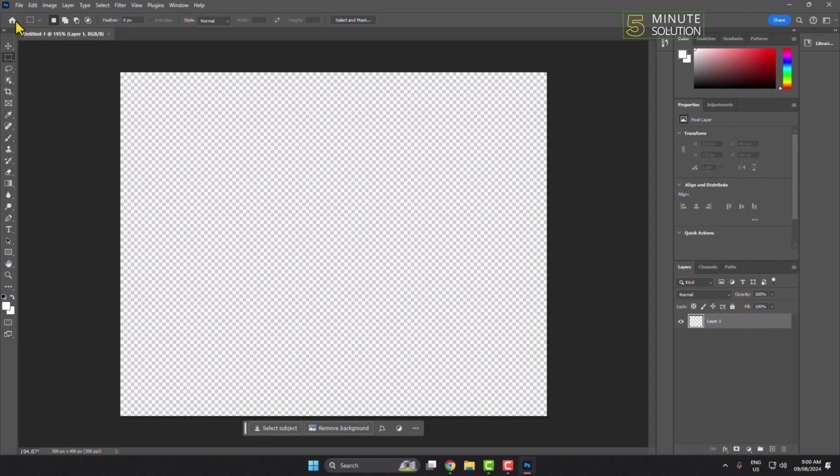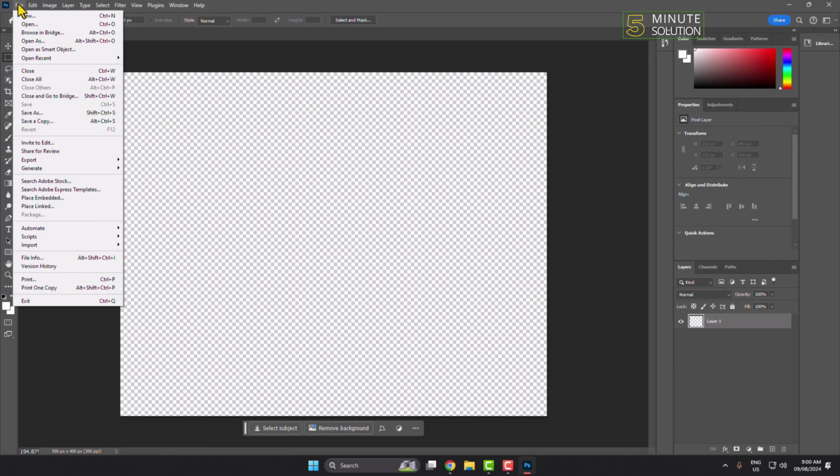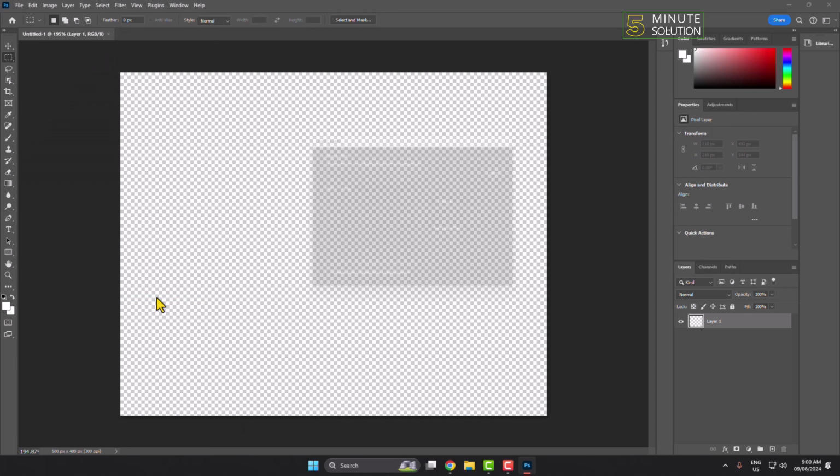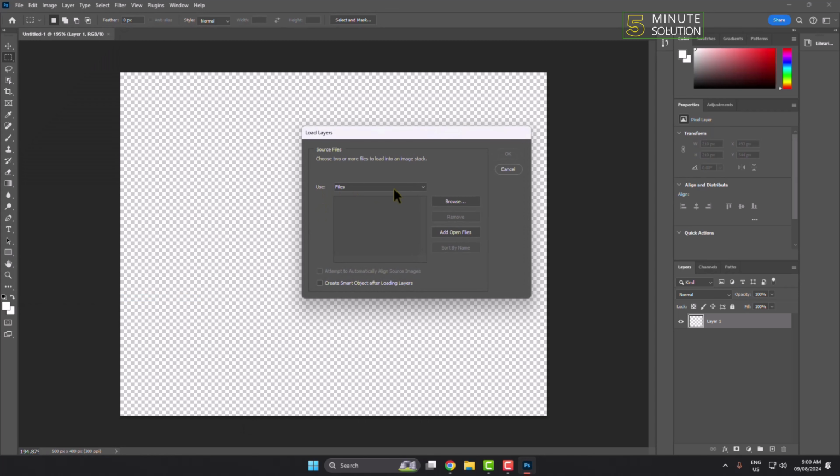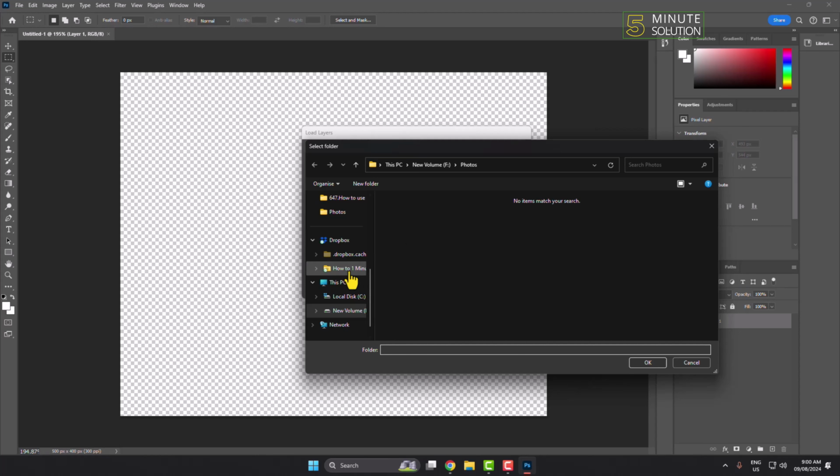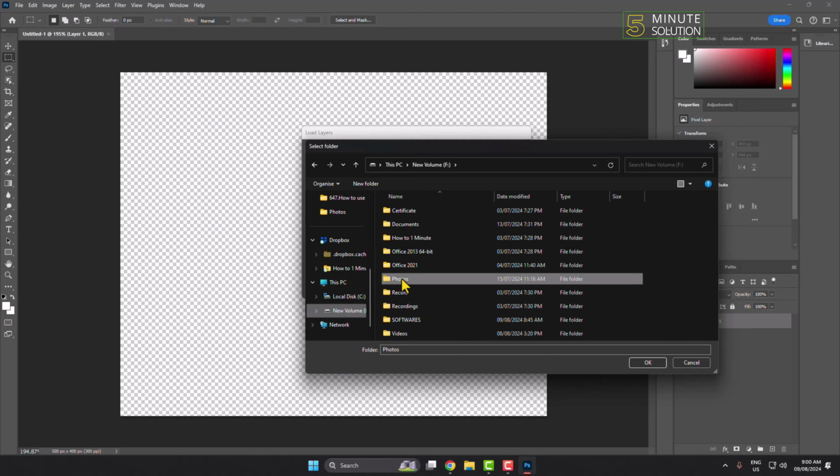First of all, just click on File, and here hover over Script and click on Load Files into Stack, and I'm clicking on this drop down and selecting Folder because I have multiple pictures in my folder. And now clicking on Browse, and now all you need to do is go ahead and select the folder where your